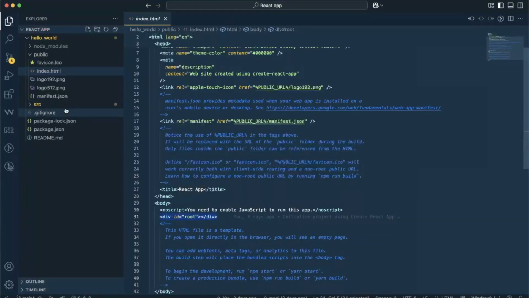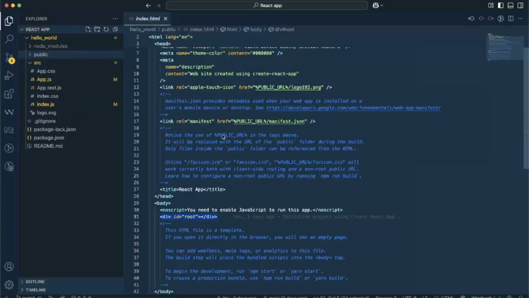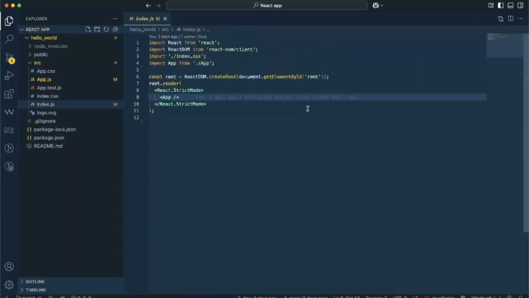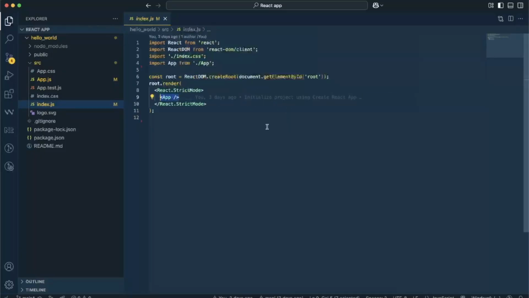Our next folder is the src folder, and this is the folder you are going to be working in most during development. A starting point for our React application is the index.js file. In this file we specify the root component, which is our App component, and the DOM element controlled by React.